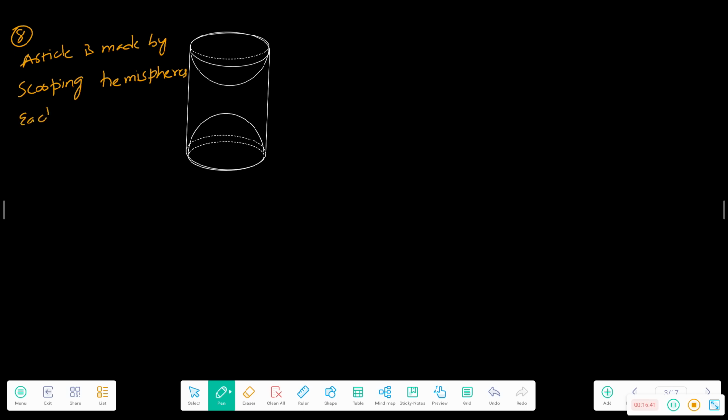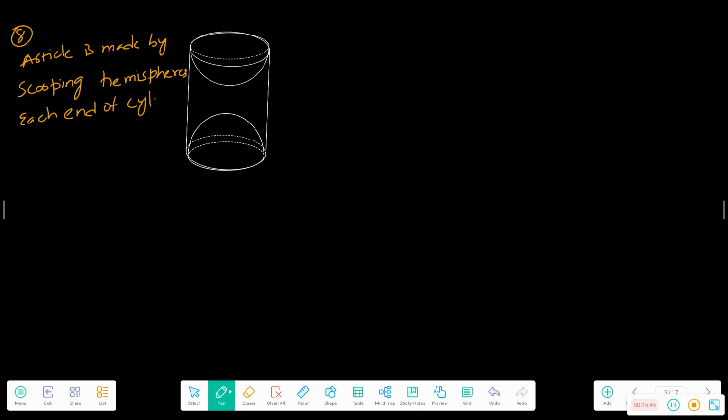So here the article is made by scooping hemispheres from each end